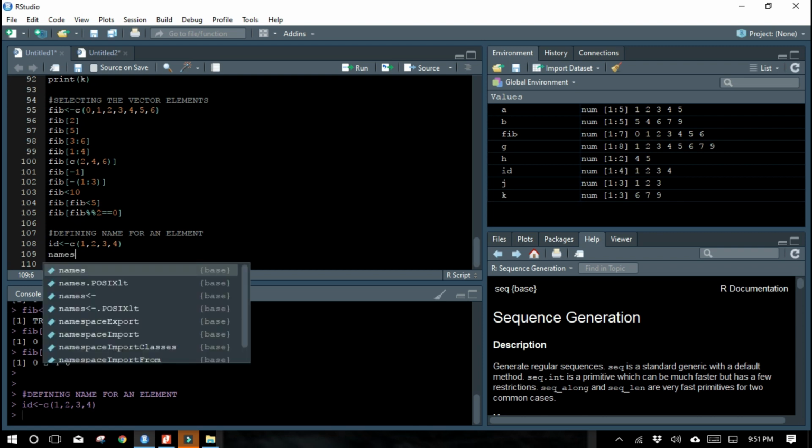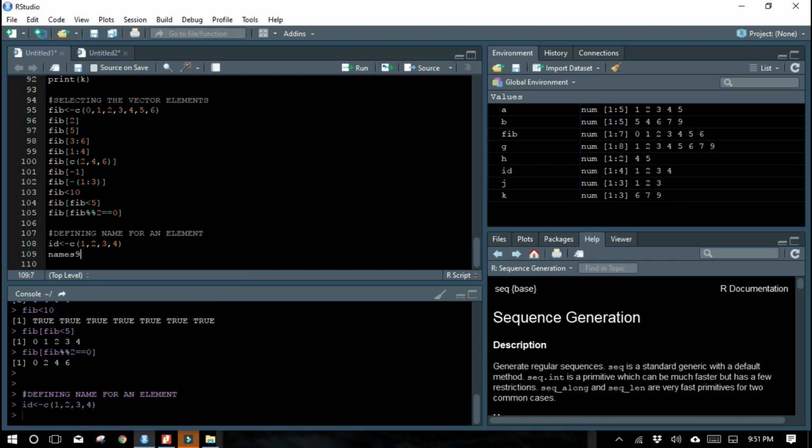The names of these IDs, let me give as John. Always strings should be within quotes. So John, Stephen, Lori, and Raj.